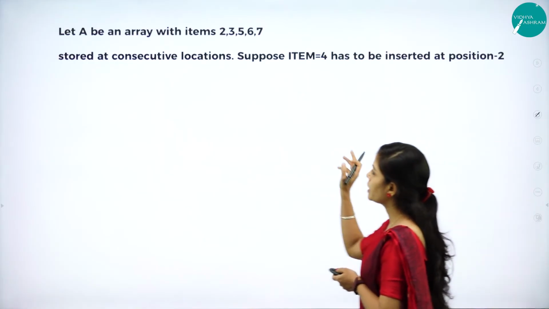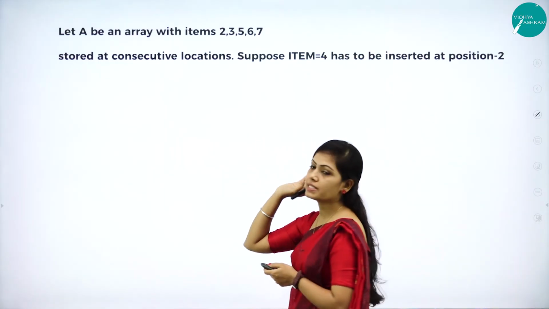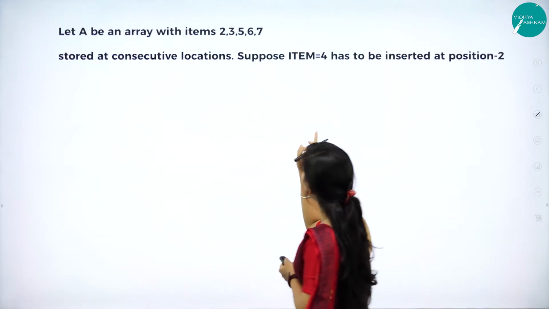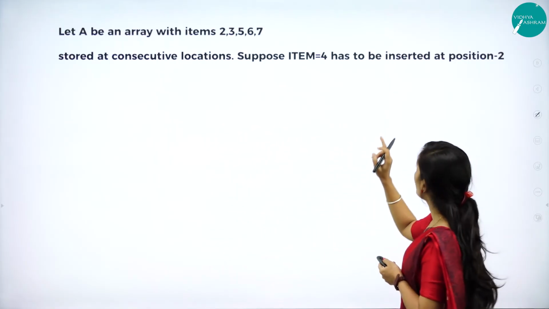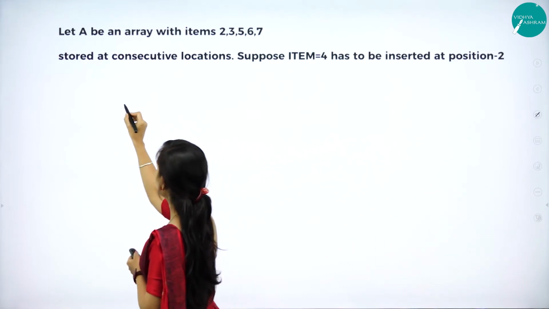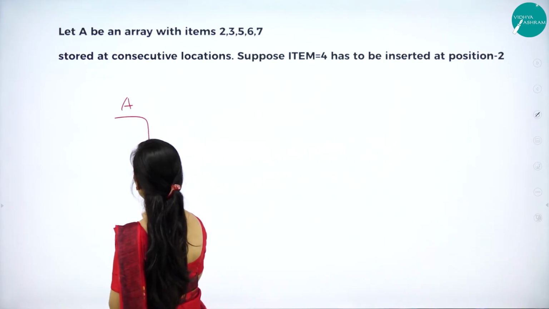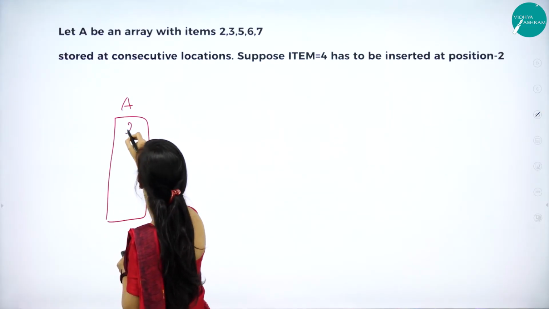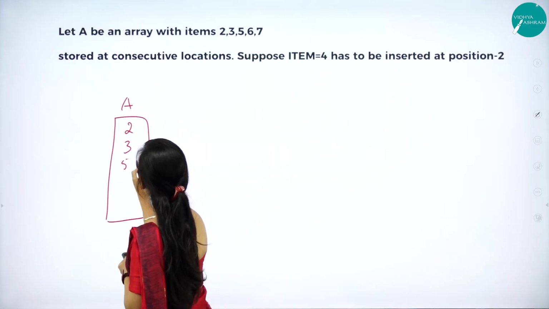Example, let A be an array with items 2, 3, 5, 6, 7 stored at consecutive locations. Suppose item is equal to 4 has to be inserted at position 2. I have already explained; again I will explain with an example. So here we have 2, 3, 5, 6 and 7. Find the number of elements.